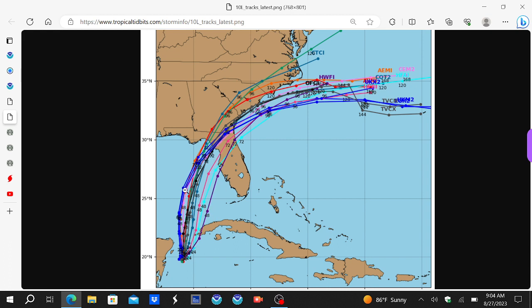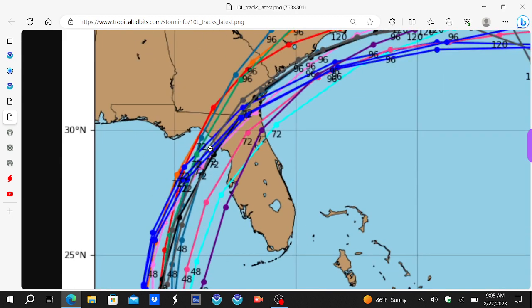And then looking at the spaghetti model guidance for the tracks, all of these spaghetti models are curving Tropical Depression 10 to the northeast, clipping western Cuba, but most staying west of Cuba over the next 36 hours, and then a likely landfall in the Big Bend of Florida. Some guidance has it going over Tampa, but most guidance has it going northwest of Tampa in the next 72